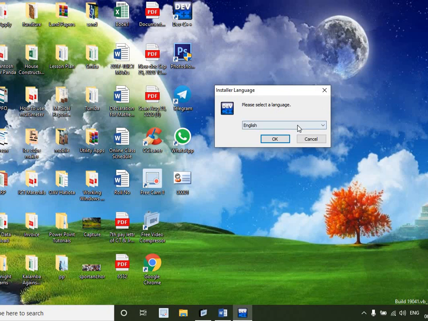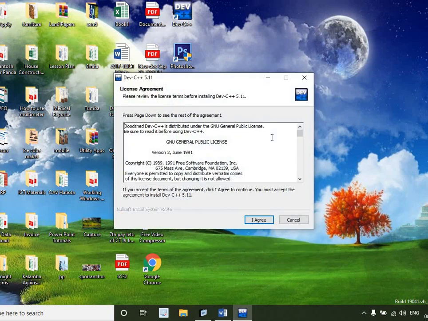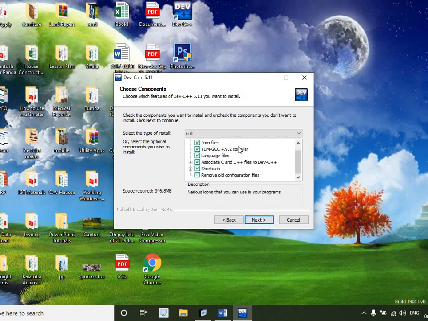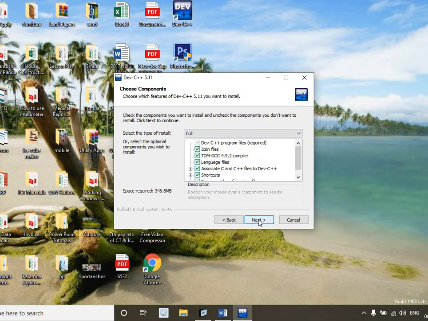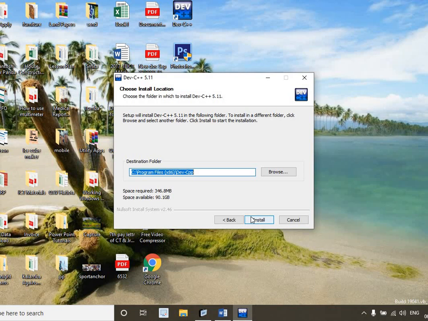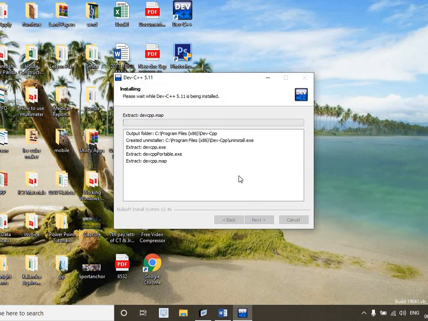Then select the language. There are many different languages, but I choose English, so press OK. Then here you can find the license agreement. Just click I agree. Then you will see many things, but you do not need to worry about this. Just click next and next, then click install.